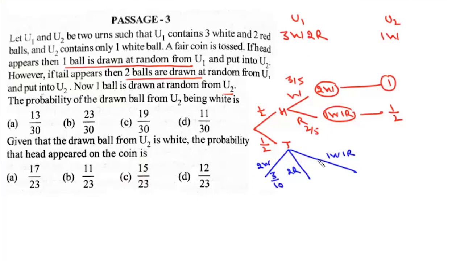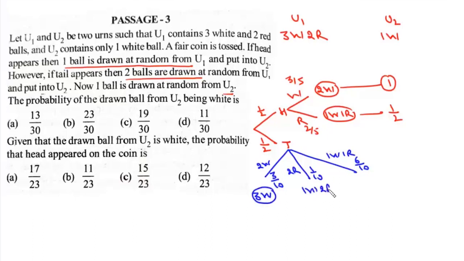Now 2 red, 2c2 upon 5c2, 1 by 10, and 1 white and 1 red, there will be 3c1 into 2c1, which is 6 by 10. Now if it is 2 white, urn 2 will have 3 white, or it will have